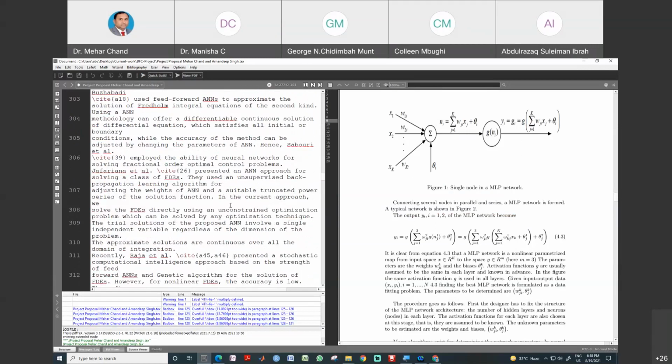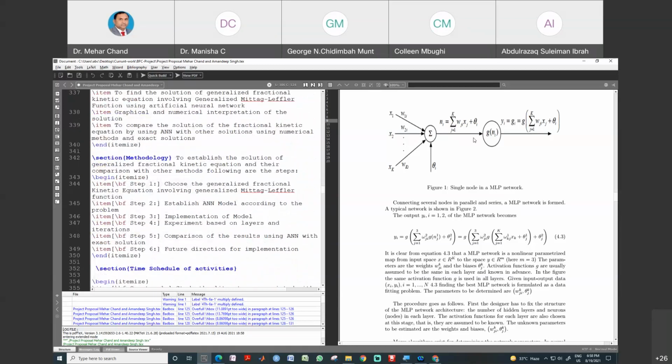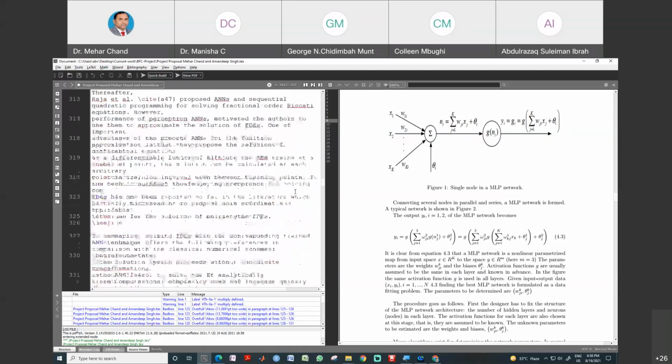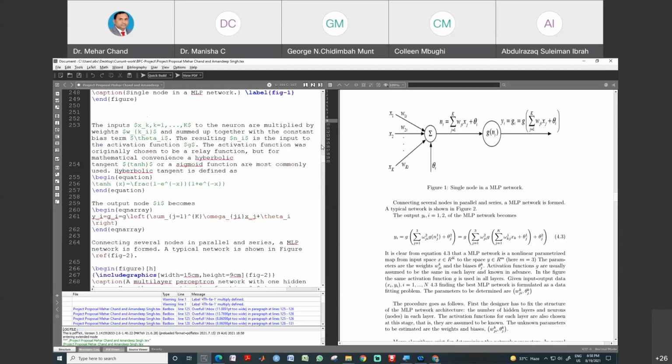References have been discussed, and you can see here citations. After that, one more thing about this document.